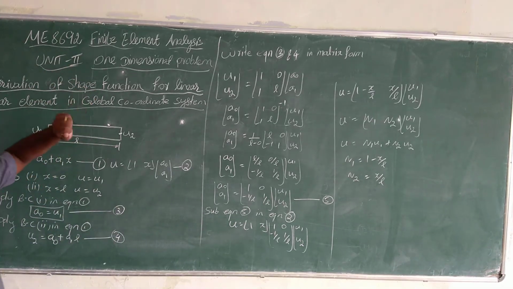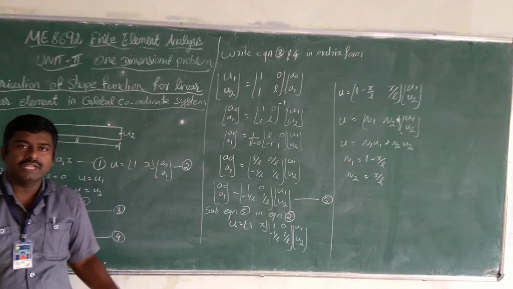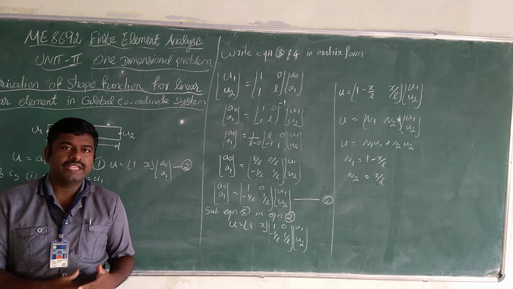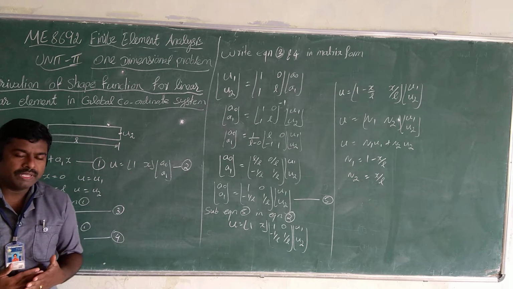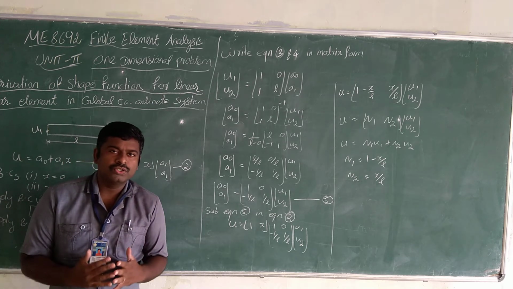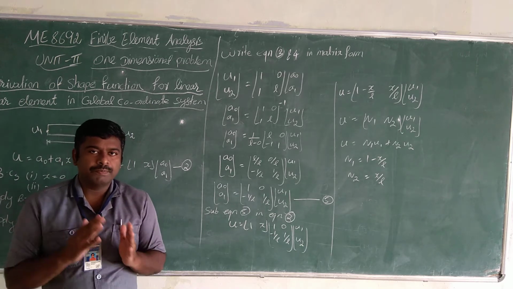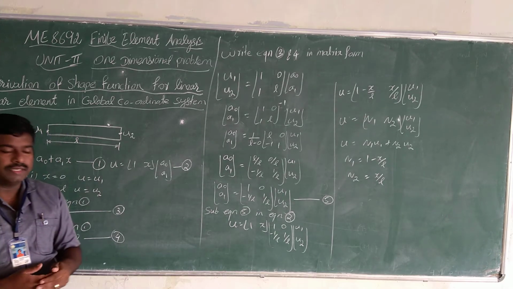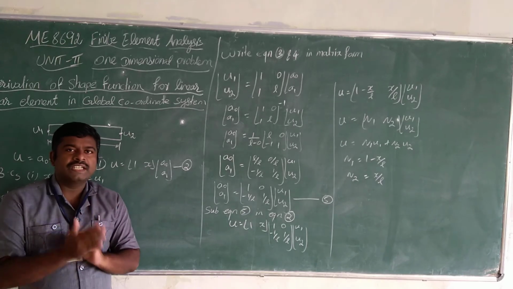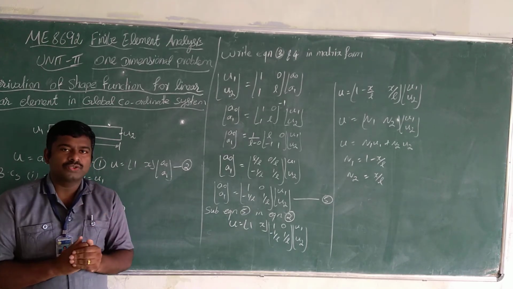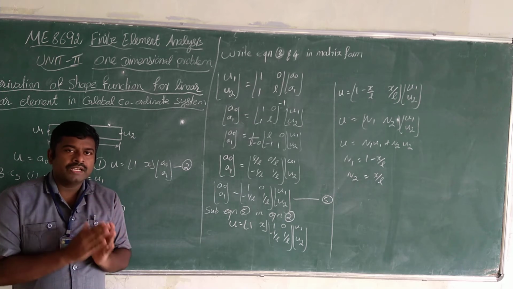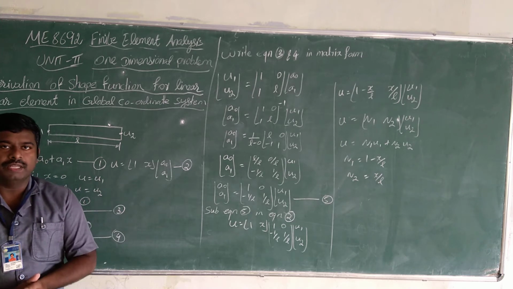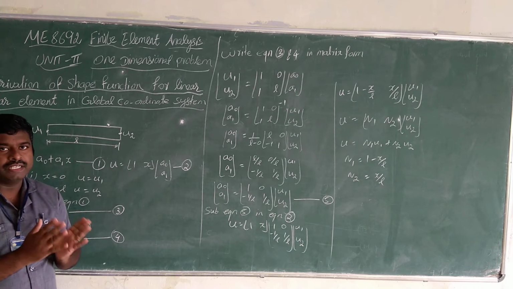So one-dimensional elements are bar element, beam element, truss element, etc. These one-dimensional elements are discretized by nodal points. Discretization means the art of subdividing an entire structure into smaller elements with equal shape and size. If the bar element is discretized by 3 nodal points, then that bar element is known as quadratic bar element. If that bar element is discretized by 2 nodal points, then that bar element is known as linear bar element, or 2 nodal bar element.